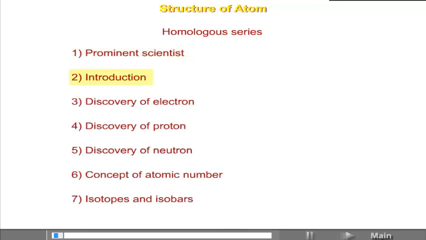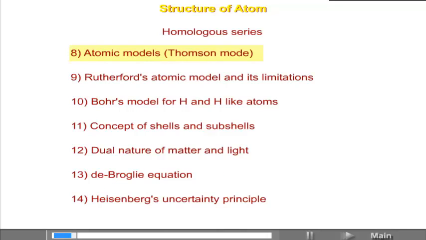Chapter number 3, Structure of Atom. In this chapter, we'll study prominent scientists, introduction, discovery of electron, discovery of proton, discovery of neutron, concept of atomic number, isotopes, isobars, atomic models, that is Thomson model, Rutherford's atomic model and its limitations, Bohr's model for hydrogen and hydrogen-like atoms, concept of shells and subshells, dual nature of matter and light, de Broglie equation, Heisenberg's uncertainty principle, concept of